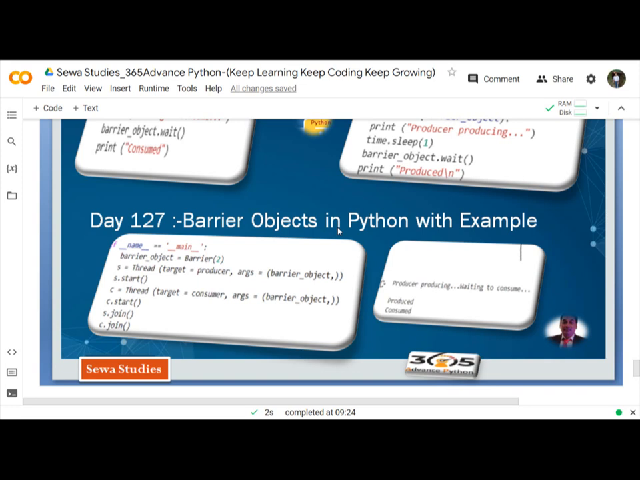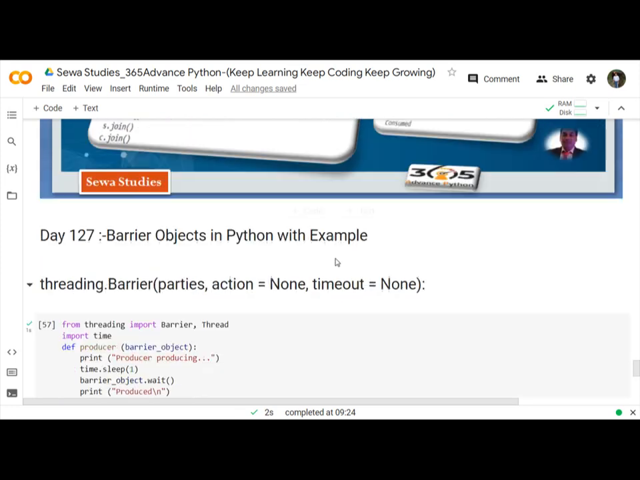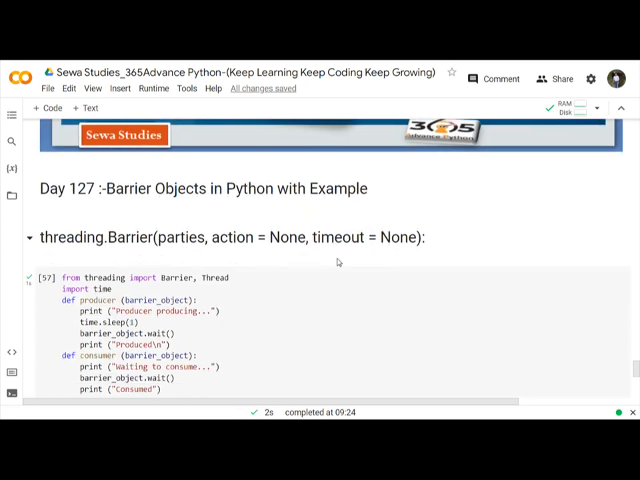Programmer, first initialize the barrier object by using the threading Barrier class. Threading.Barrier(parties, action=None, timeout=None). Programmer, parties